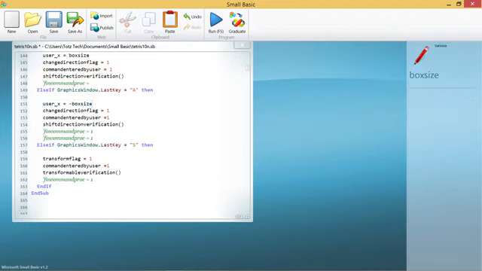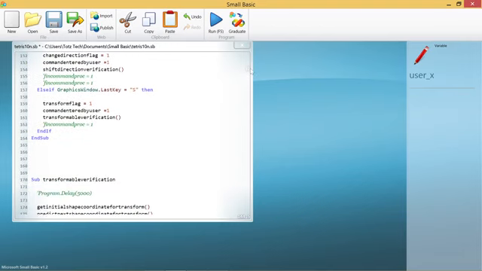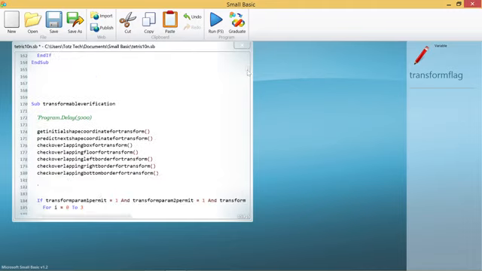This is how to make the boxes move to the left, and this is what makes the box move to the right. And also if the user presses S, it will transform. It means the tetramino will rotate.